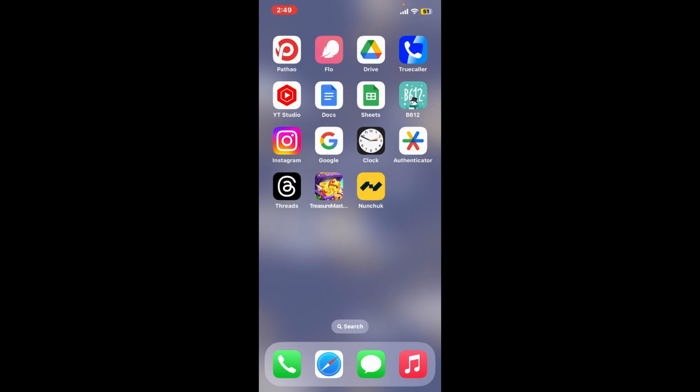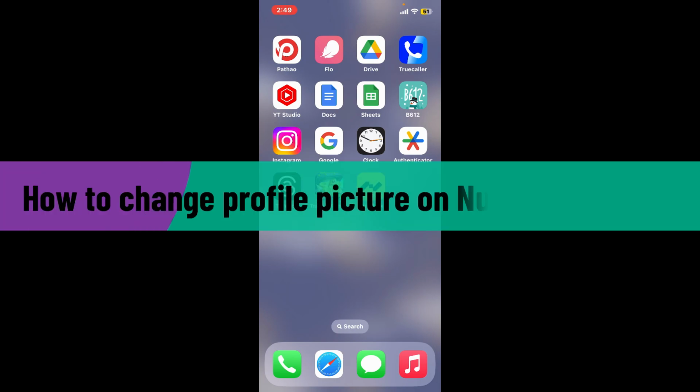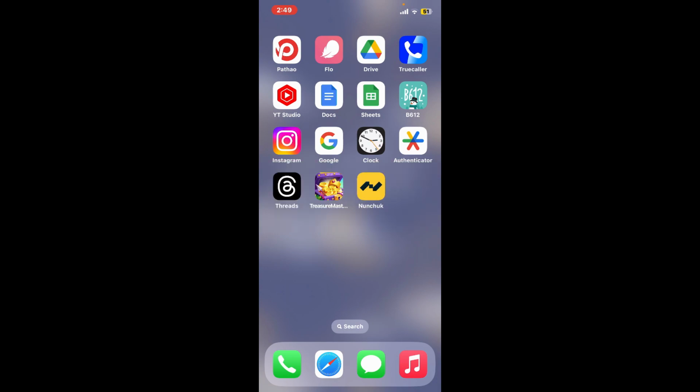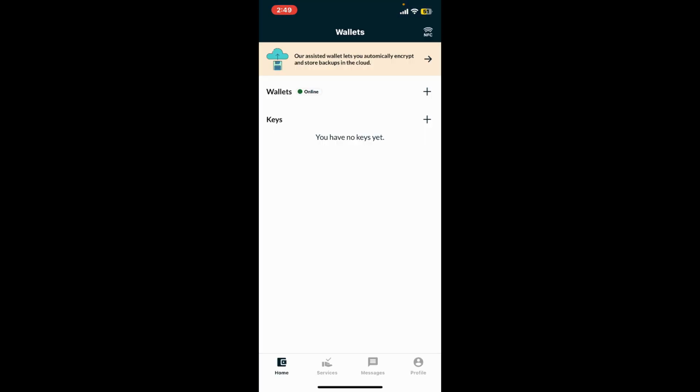In today's episode, I'm going to be showing you how to change profile picture on Nunchuk wallet. So let's get started right away. First of all, open the Nunchuk wallet application from your app drawer. Make sure to sign into your account, and once you are, tap on the profile picture at the bottom right